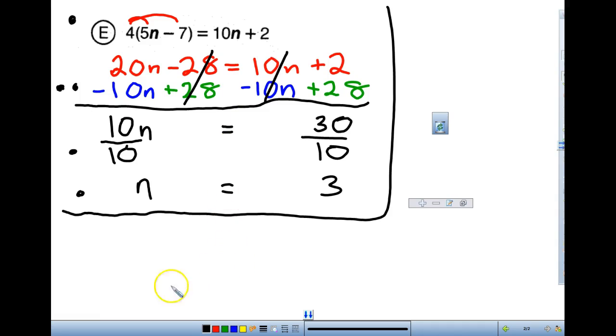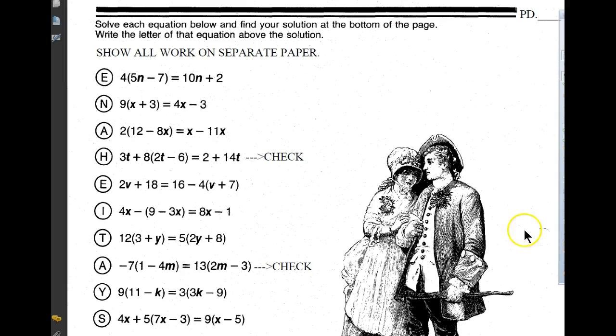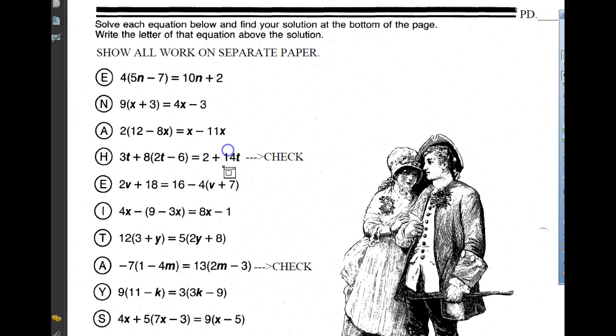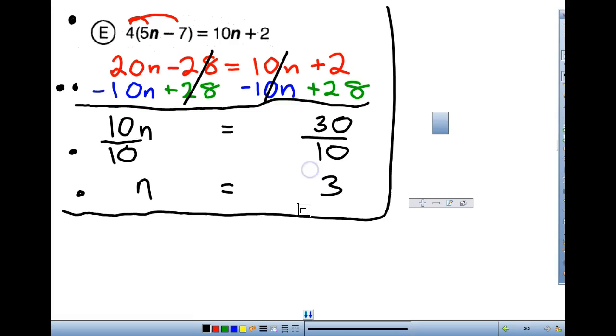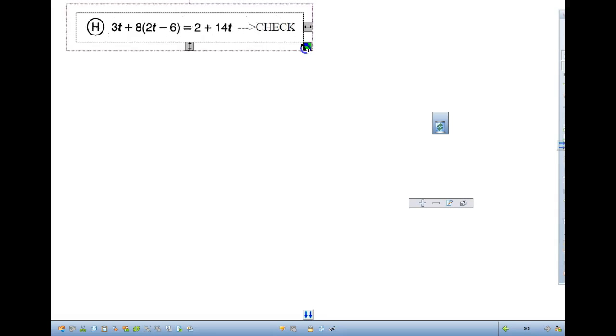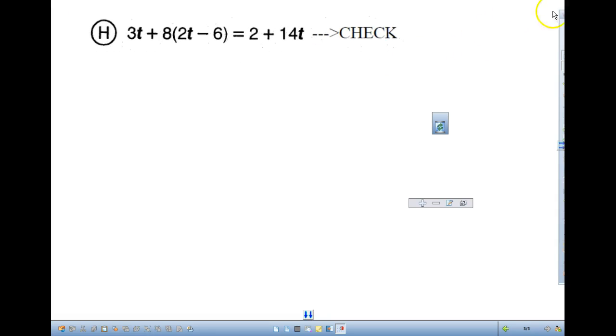All right, no check needed in this. Let's go to the first one that does need it. Look at that. That's H. I wanted to say check next to it. All right. This has it all. It has the distributive property. So this is positive 8. So distribute. 16. Now, when you do a T,